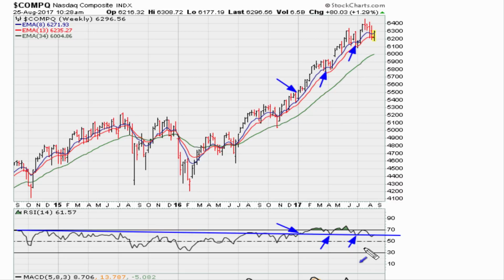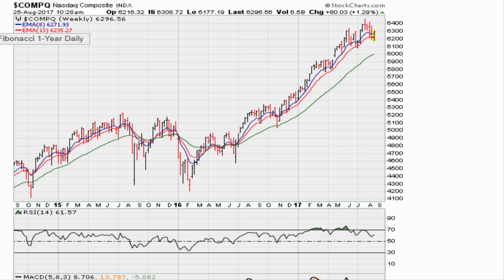Right now we are seeing the Nasdaq doing the same thing. So we know that as long as it is back above that line, chances are we can expect the market to test the highs, if not break above the highs. Based on the weekly chart, that is the indication. Now if we take a look at the daily for the Nasdaq,